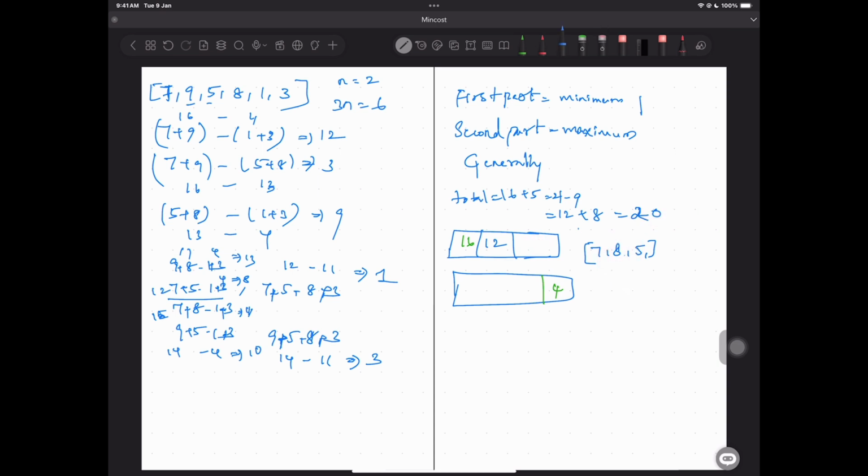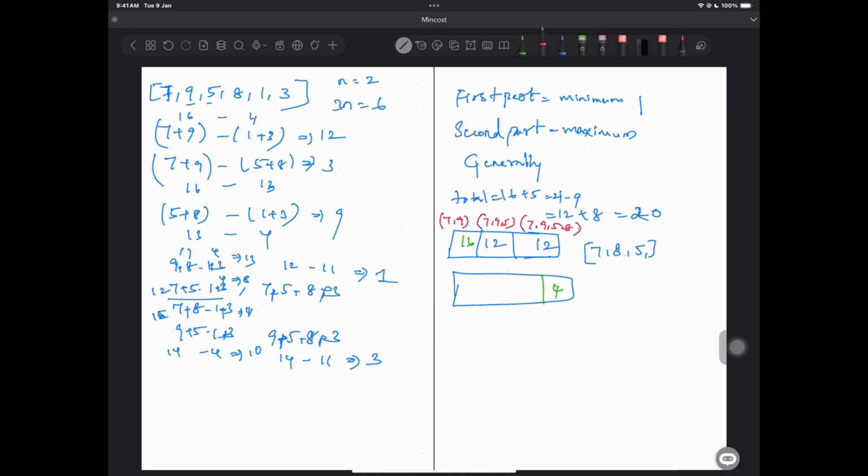So still, we know we have taken only 5. At this point we would have taken 7, 9, 5, 8, and what is the minimum sum that occurs? At this point you would have taken 7, 9, 5. So 7, 9 alone. This is how we have it, because this 5 could go to this part as well, to here. So if you have taken 5 here,